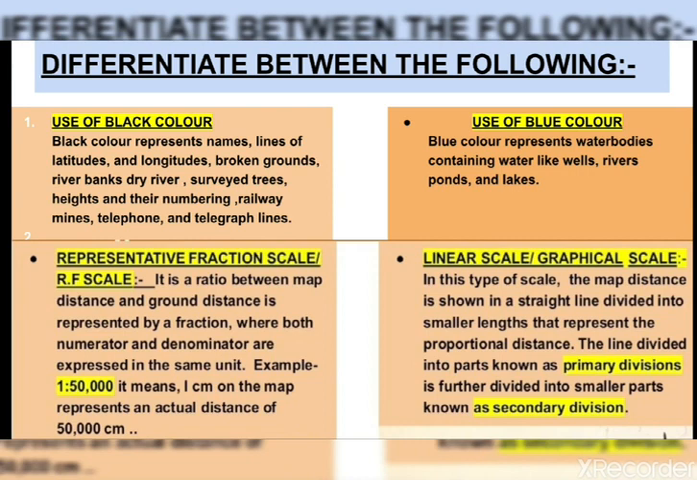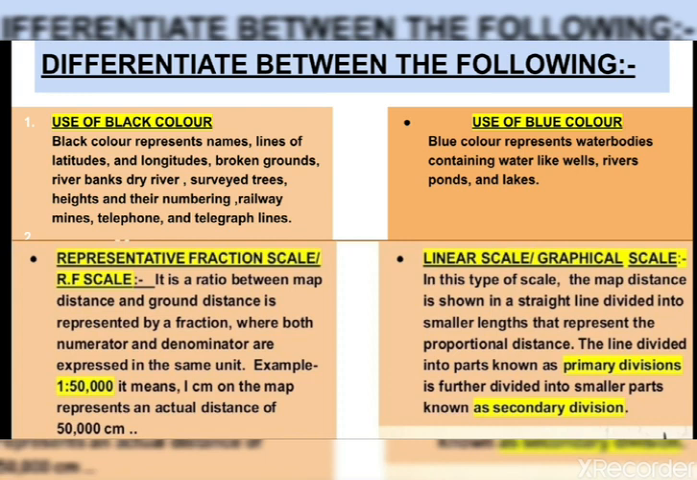So the answer, in the black color you will write, black color represents name lines of latitudes and longitudes, broken grounds, river banks, dry river, survey tree heights and their numbering, railway lines, then telephone and telegraph lines. In the blue color you will write, blue color represents water bodies containing water like wells, rivers, then ponds and